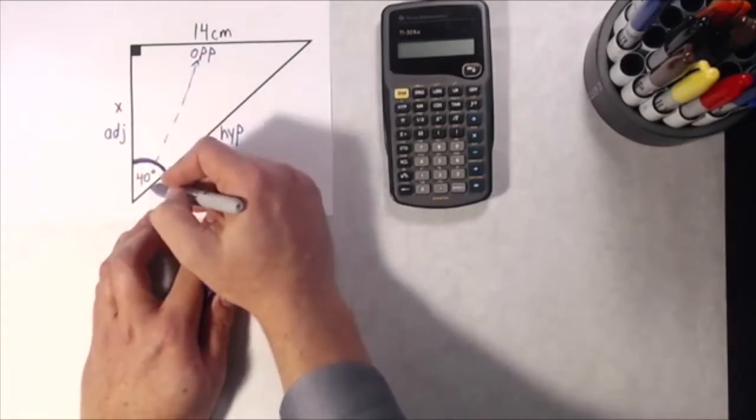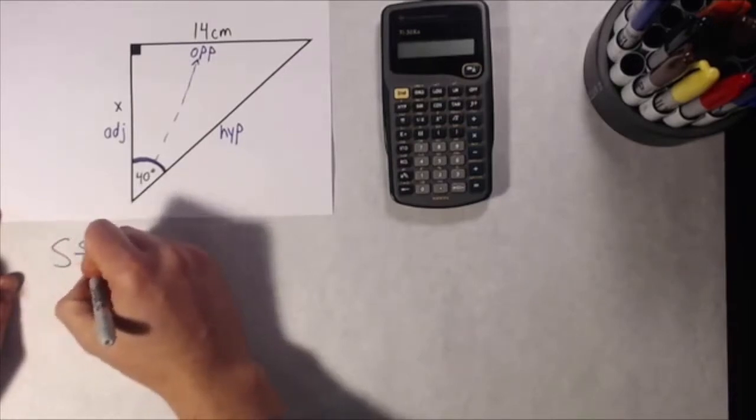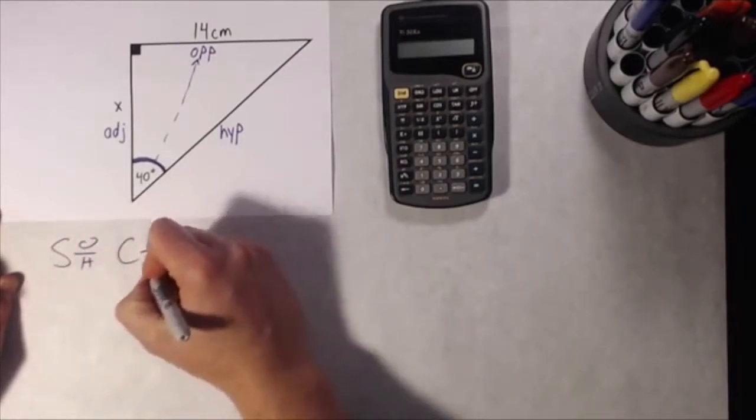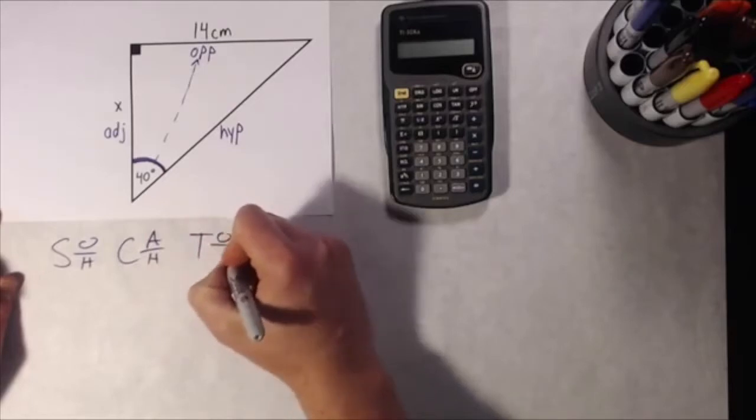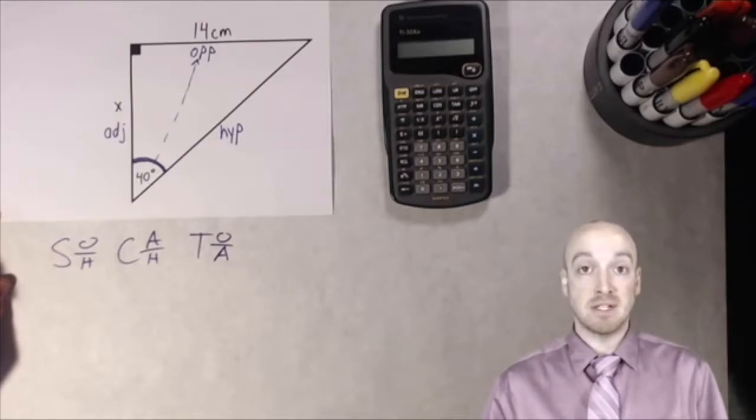The next step here is to write out SOH CAH TOA to figure out which of these formulas is going to help me in this question. SOH CAH TOA is actually three separate formulas, and we can only ever use one formula at a time. So let's see what we have to do to choose the right one between SOH, CAH, and TOA so we